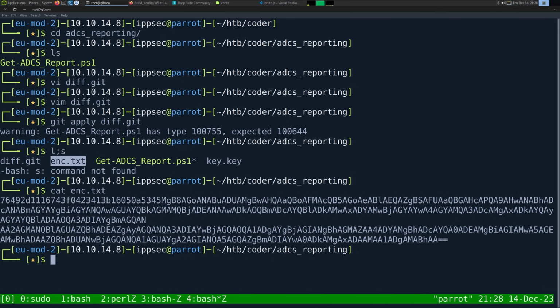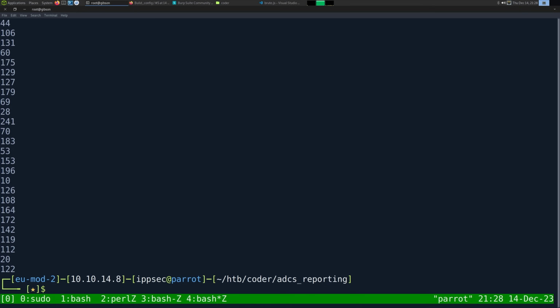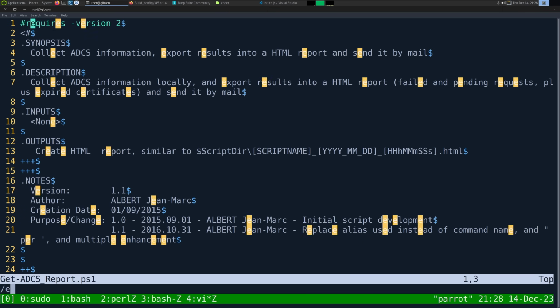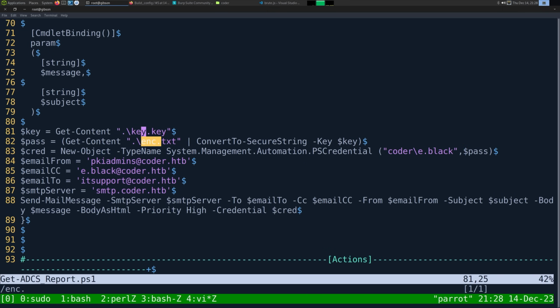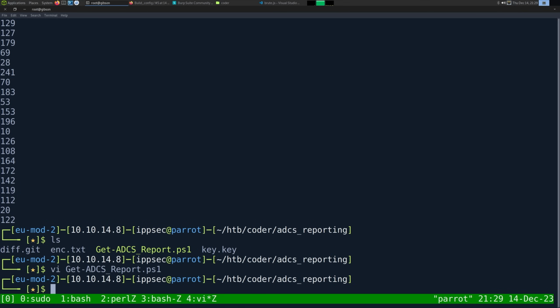If we look at encrypted.txt, it looks like it's base64. If we look at key, here's a bunch of bytes. If we do this, they are doing a Get-Content and then a cred to pull this password. So we essentially want to copy this and just output the password, right? And we can't decrypt it on our machine because the secure string uses a variable that's on the host itself. But because we can go on the host and run it as other users, we can safely do all of this. So what we want to do is get the key and encrypted text onto the box, and then we can run these. We could also probably apply the git diff to this all, but